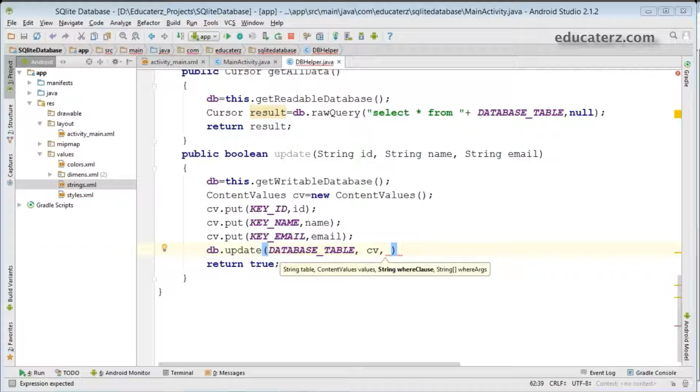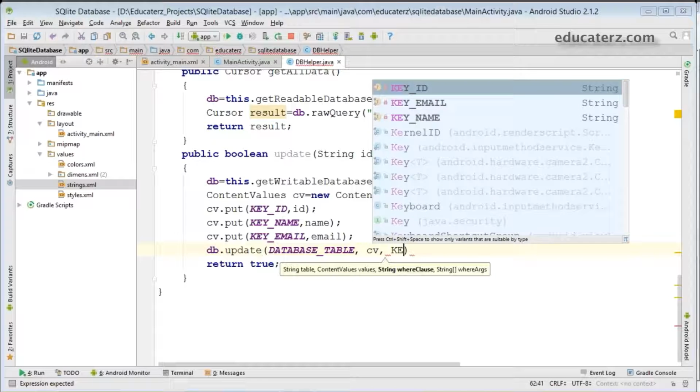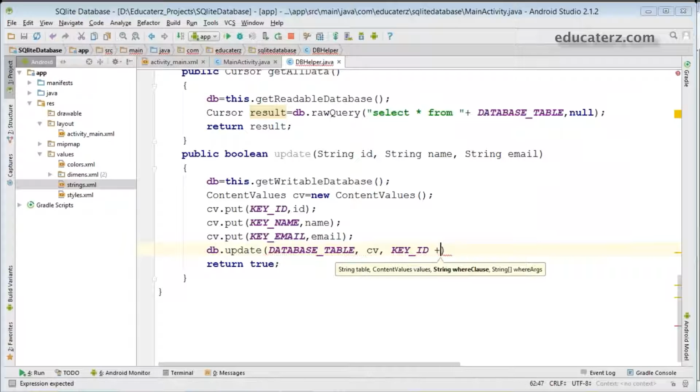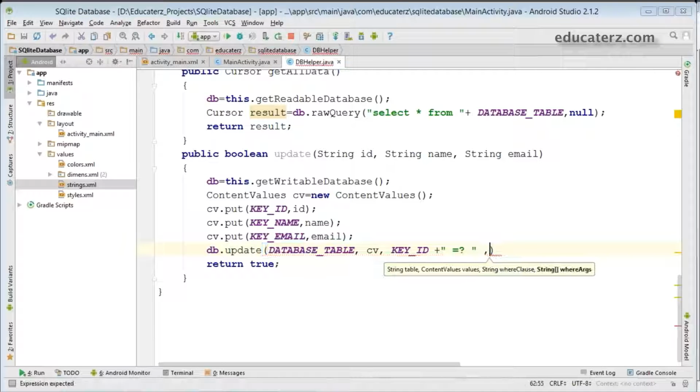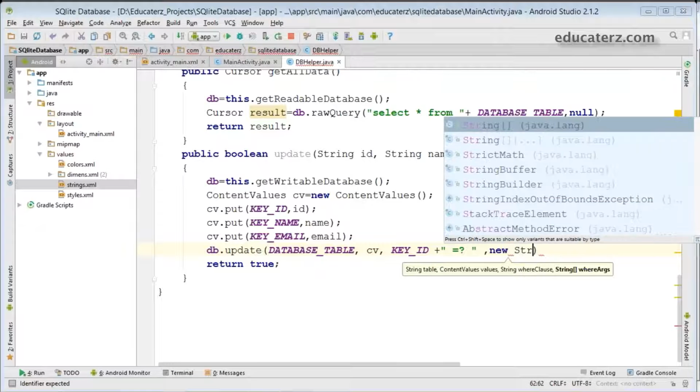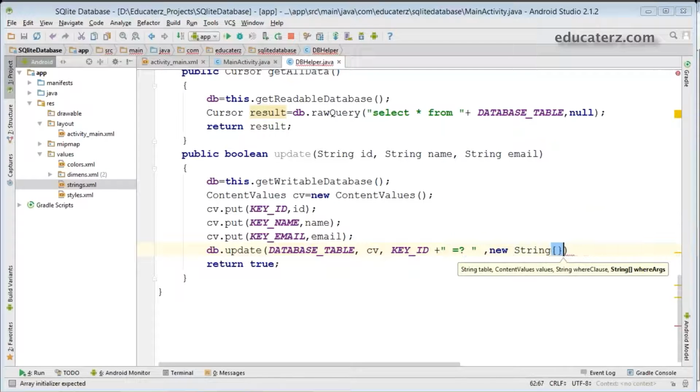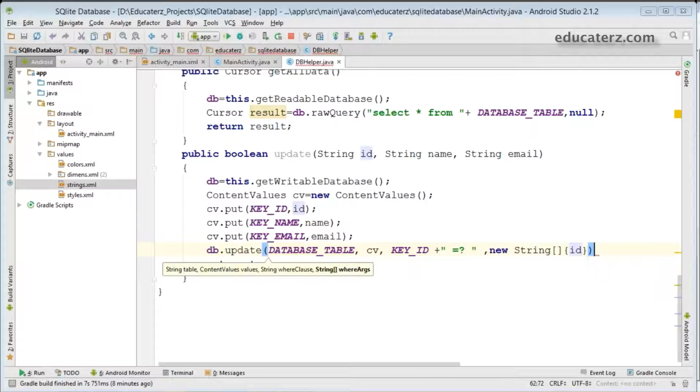Where the key id is equals to something, so we use key id plus equals to, a condition check like this. The last parameter is the where arguments, so create a string array with the where argument. Here my where argument is only one, that is id, with a semicolon. This is how we'll update the data.